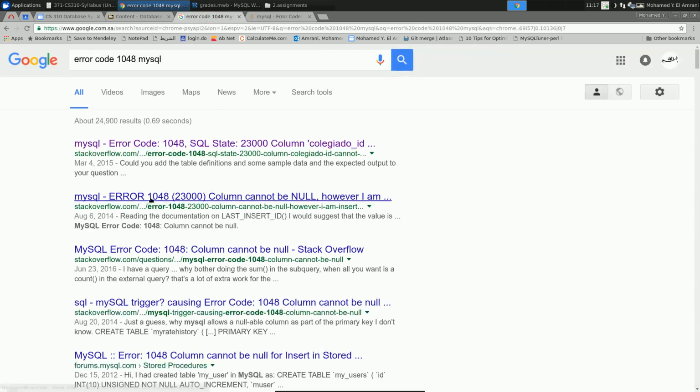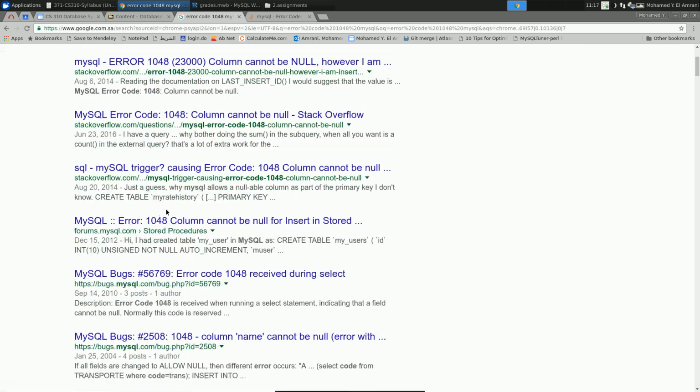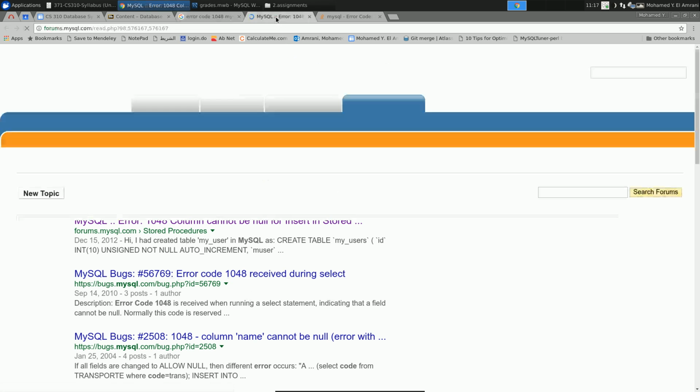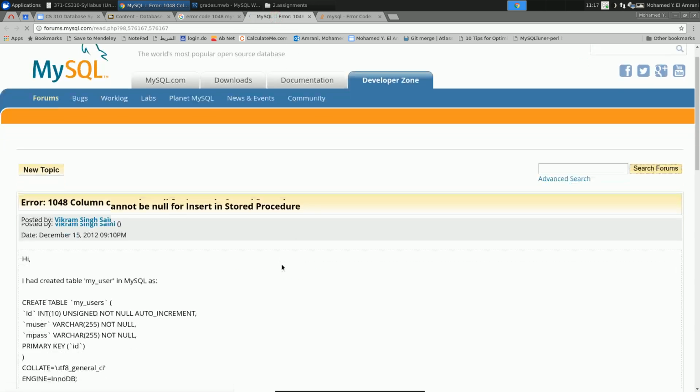Okay, I'm just probably looking for the message: column cannot be null or inserted into a stored. There's something. I think this is what is the problem. And because actually